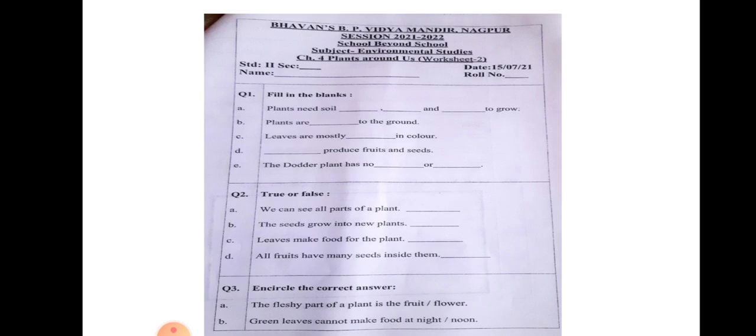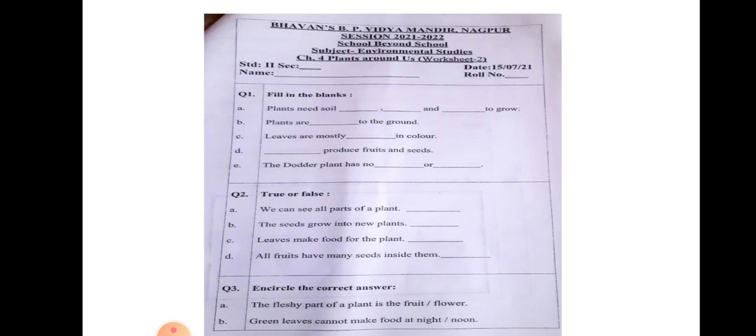Now what is the shoot? The shoot becomes the stem, becomes the branches, gives rise to the leaves. This is the way the parts of the plants have grown in the plants and the trees. But when I say tree, the thick stem is called a trunk. And we cannot see those parts which grow under the ground, that is roots. The roots, जड़, we cannot see, and the roots grow under the ground. They hold the plant to the ground. This is a very important function of the root. Root holds the plant to the ground.